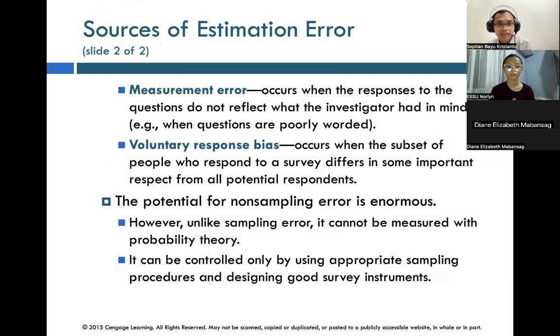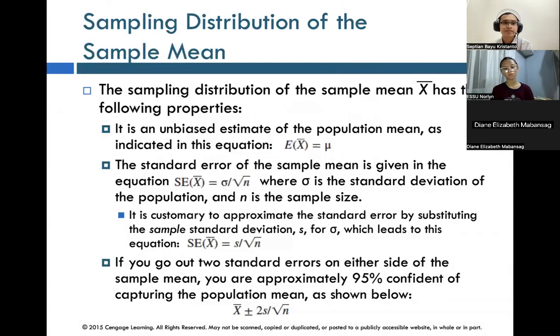Sometimes the source of estimation error comes from response bias, when the respondent or potential respondent responds to your survey, but they have some considerations or reflections that could lead to poor or bad estimations, or bad decisions that cannot be measured, or maybe it is not a good survey instrument. So